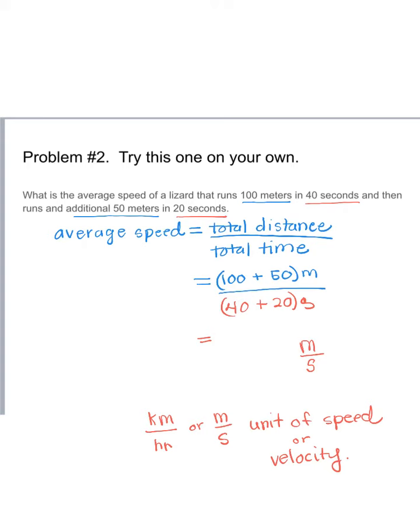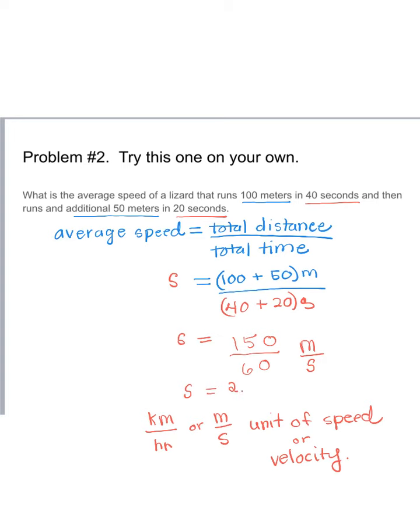So let's go ahead and finish this problem. So we have 150 meters divided by 60 seconds. You might need a calculator to do that. Sometimes for average speed, I'll just use the symbol S for average speed. And we'll use V for velocity. But the average speed then here becomes